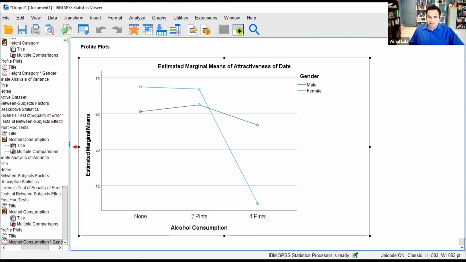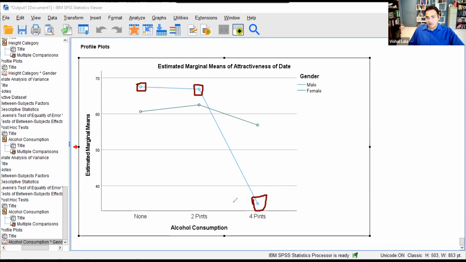The data is telling us that if you follow the blue line, when males have no beer, they're talking to attractive people. At 2 pints of beer, they're talking to about as attractive people. But when they have 4 pints of beer,